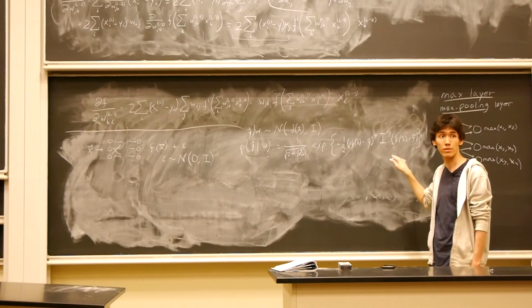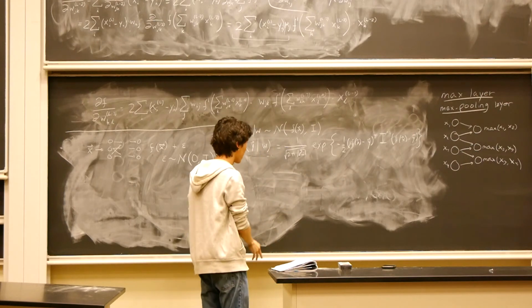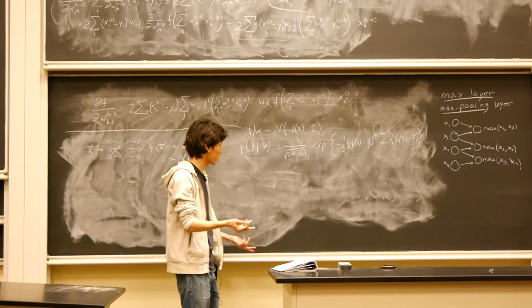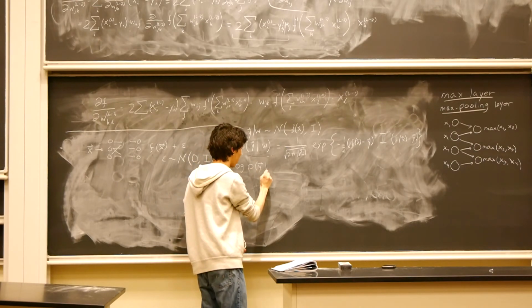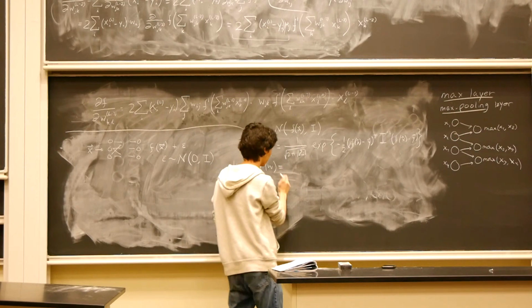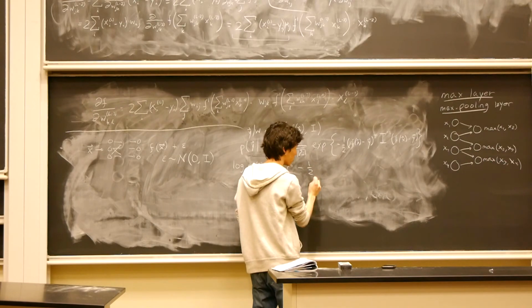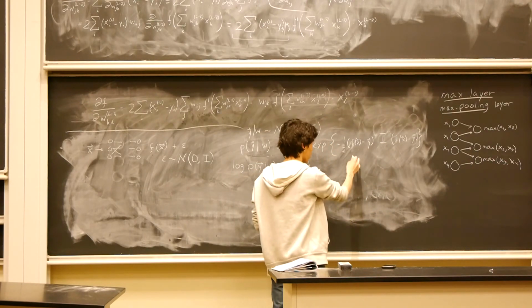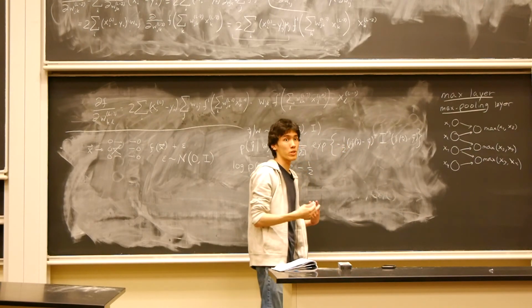Right, this is just the Gaussian density. And if I take the log of this, and I'm doing maximum likelihood, so I can do maximum log likelihood. Since log is monotonic, it's the same thing. Some constant plus or minus 1/2. The inverse of the identity matrix is an identity matrix. So I end up with f of x minus y transpose f of x minus y, which is the same thing as the norm